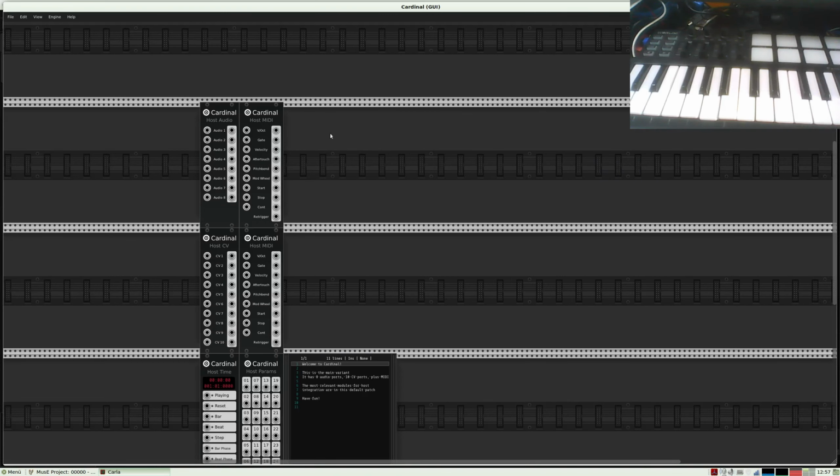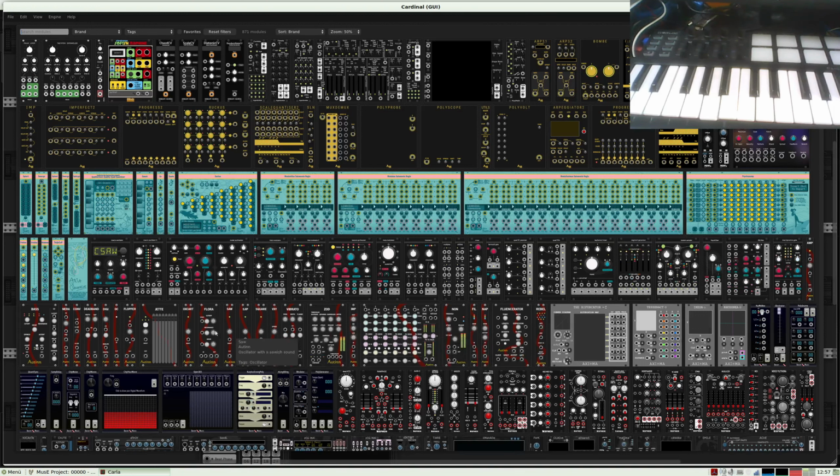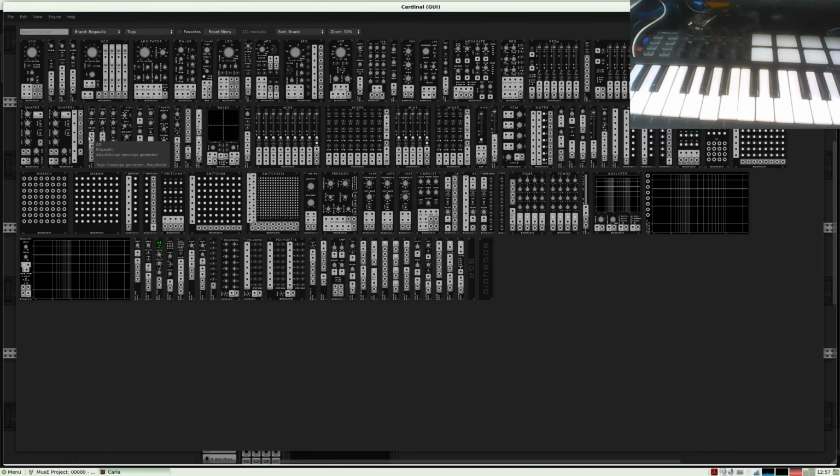Right mouse click, and you can input modules into Cardinal. I choose a brand here, it's called Bock Audio, and this is many modules, but I know them and I know what to do with them. I need this XCO. It's the same as VCO, but a bit more functionality.